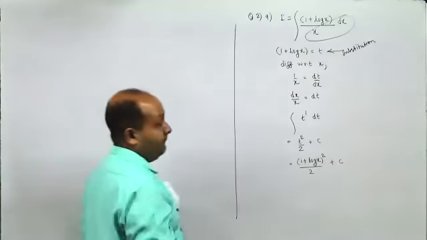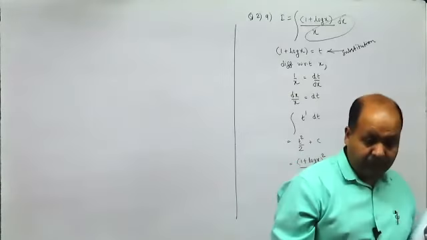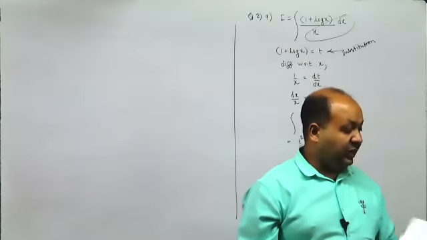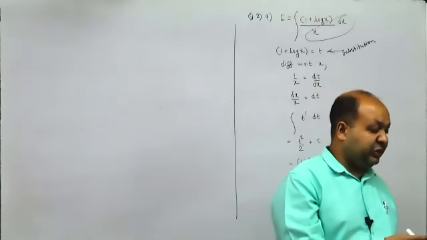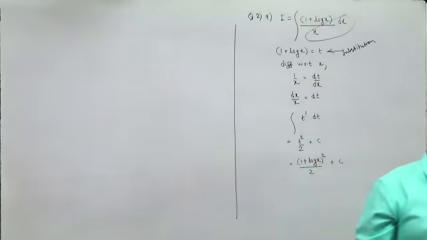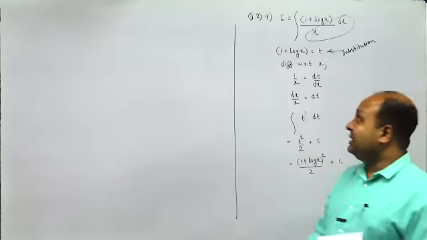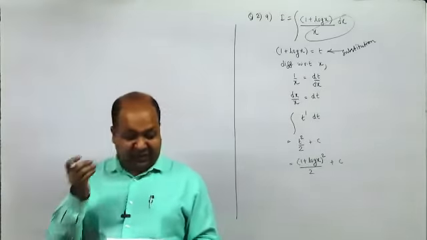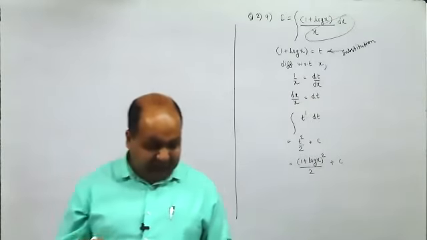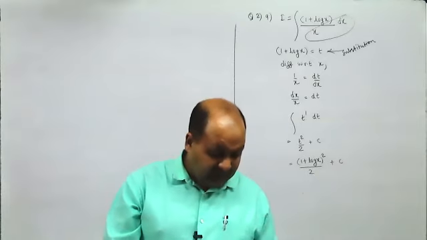So in the ninth sum, we write only 1 plus log x equal to t, right? Yes, you need to write only 1 plus log x. The proper substitution is 1 plus log x equal to t. These are fill in the blank questions. I just solved it further because if it comes in your normal one also, you should be able to solve it.